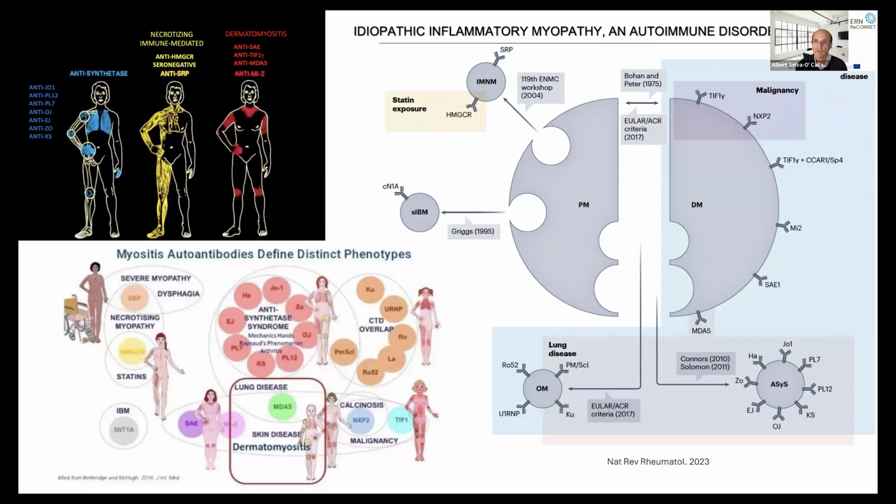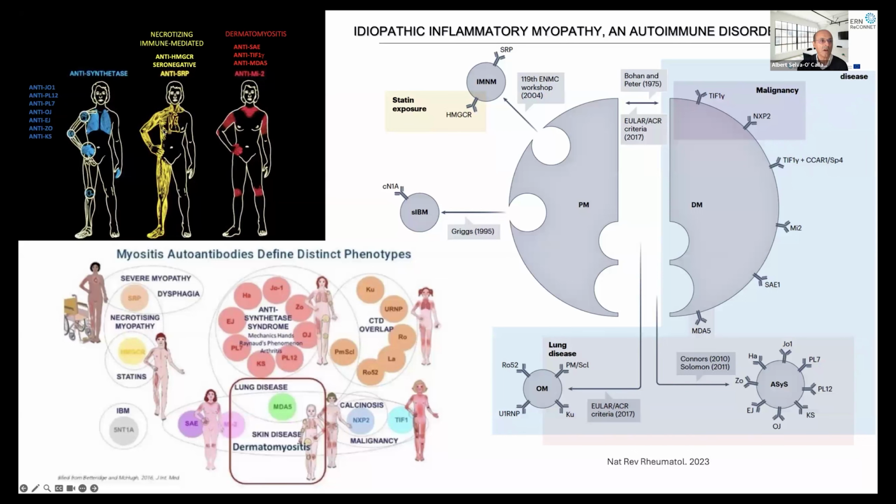But we have to remember that the first researchers that reported a clinical phenotype in relationship with the autoantibodies were those researchers from Baltimore, Professor Fred Miller and Professor Lori Love. They identified here at least 3 phenotypes. You can see here in blue the antisynthetase syndrome, which was positive to anti-Jo1. The other autoantibodies were not known in 1992. That was the year that this paper was published.